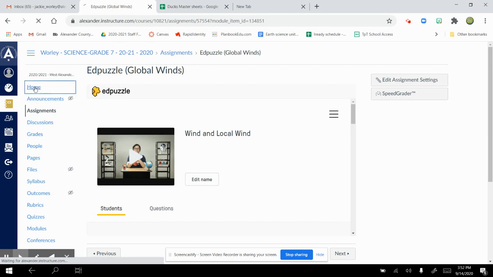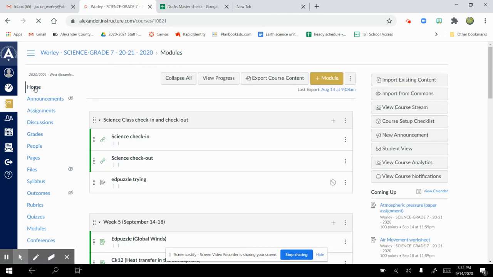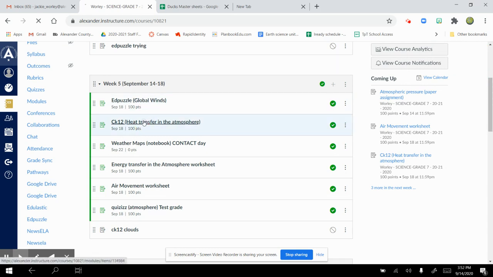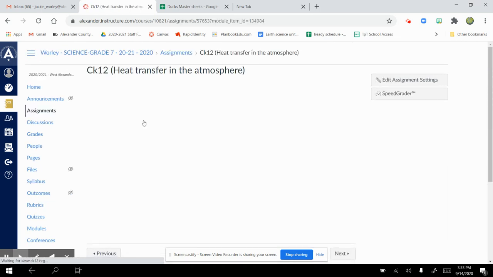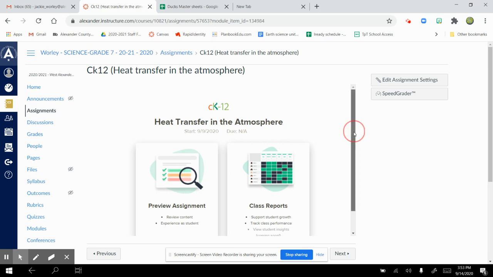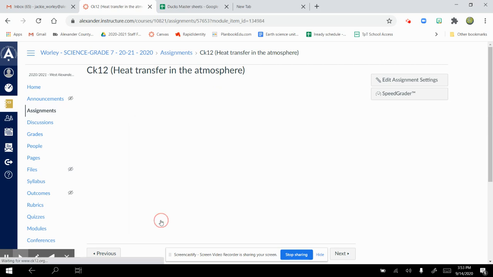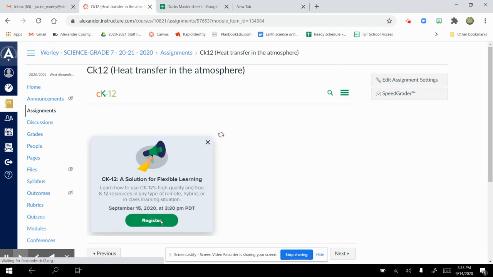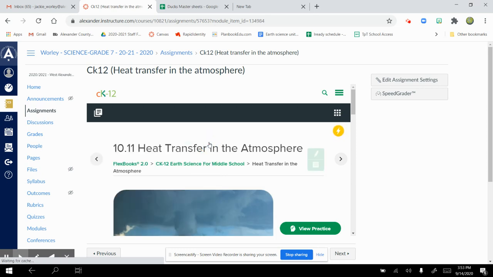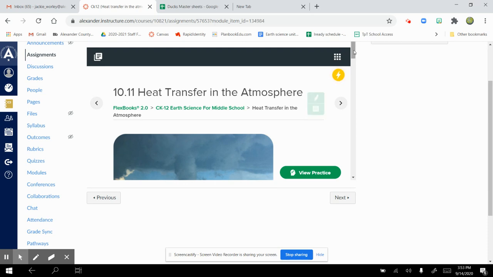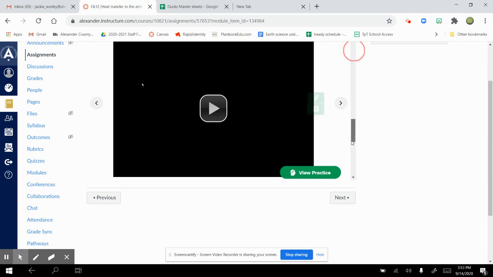Then for CK12, again, they just tap on the assignment. Now, this will come up in the middle, CK12. Okay, they'll hit it. And now, what comes up first for them does not look like this. What comes up first for them looks like this. Okay, so they'll go in, they'll read their CK12 article, watch any videos that are